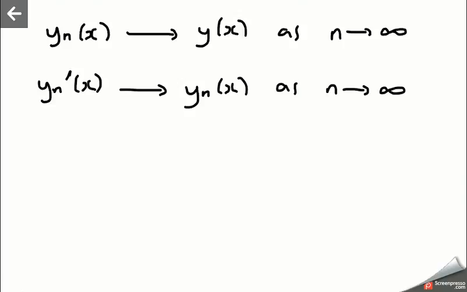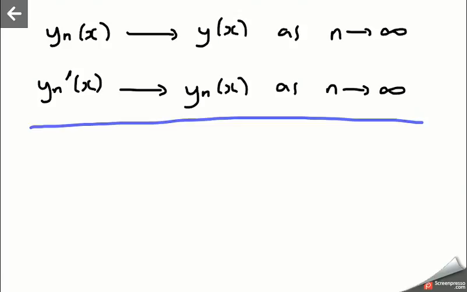Now, the result is not always going to be clear from this. However, there's a pretty powerful theorem, and for now you're just going to have to take it as fact. Basically, the theorem says that as long as this limit exists, as long as these yn functions are getting closer and closer to some function, and as long as these things converge nicely, they have to get closer and closer to something in a nice way. As long as that happens, we can actually say that